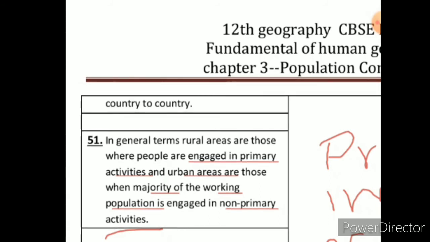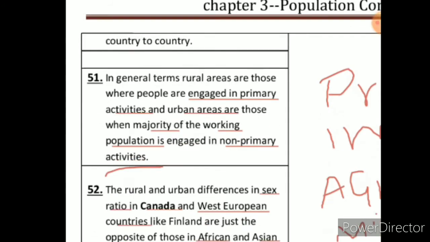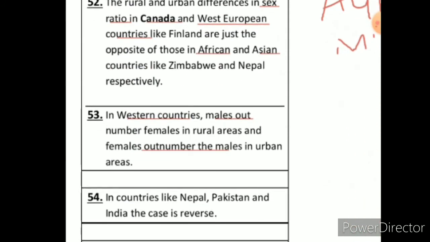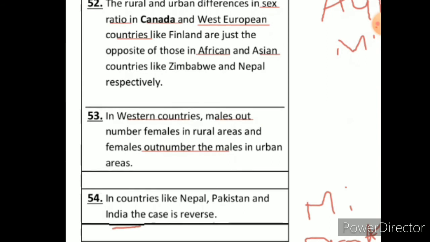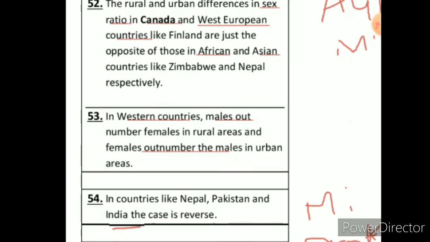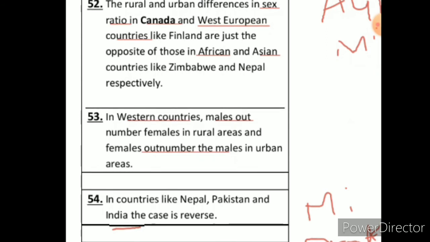But in countries like Nepal, Pakistan, and India, the case is reverse, where females are more in rural areas as compared to males. Why? Isn't it because they माइग्रेट कर जाते हैं ना जॉब्स के लिए शहरों में चले जाते हैं हम लोग, ठीक है. So that may be the reason. So excess of females in urban areas of USA, Canada and Europe is a result of more females are there in rural areas, okay. फार्मिंग इन डेवलप कंट्रीज बेसिकली हमारे इंडिया में